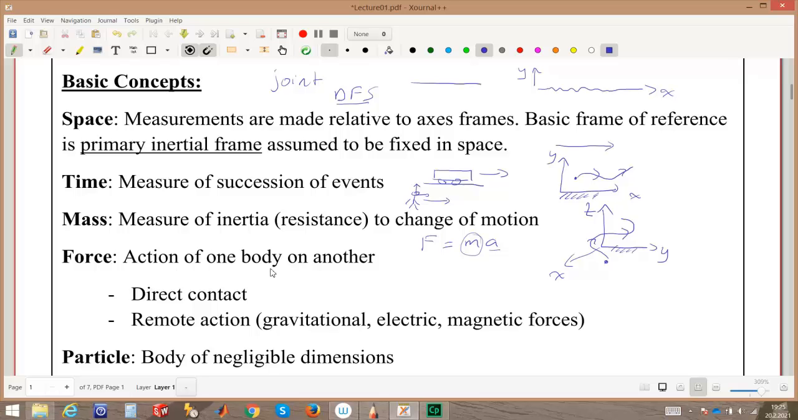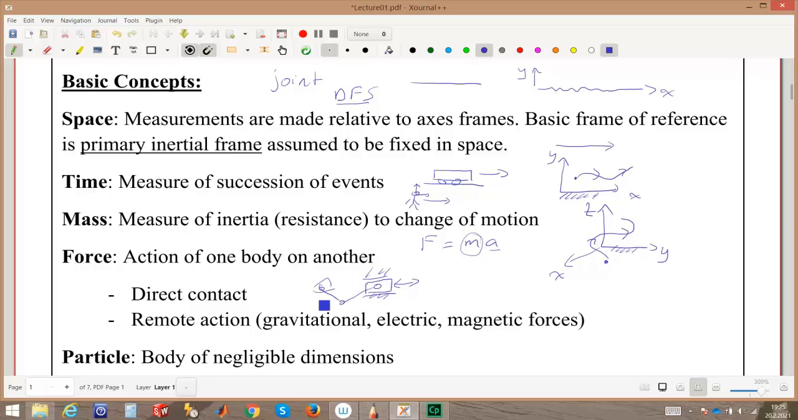Force is the action of one body on another, and this could happen via direct contact or via remote action. By direct contact, we have these mechanisms to do such things. For example, in the engine of a car, there is a piston moving up and down in the cylinder, and this is connected to the crankshaft, and then as a